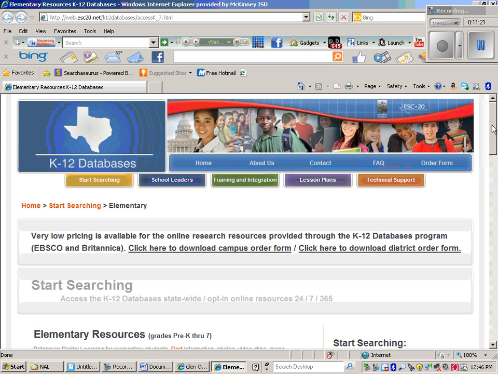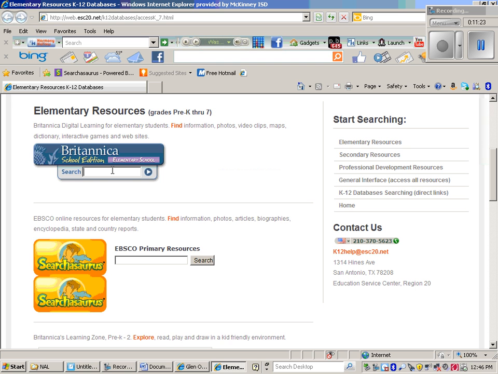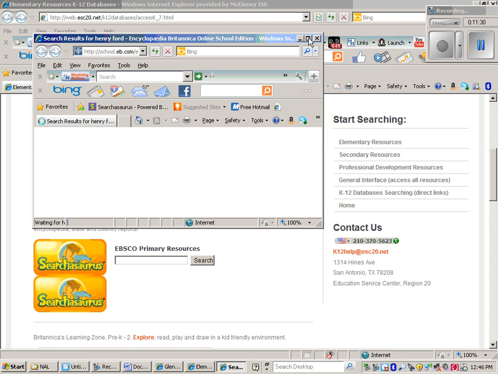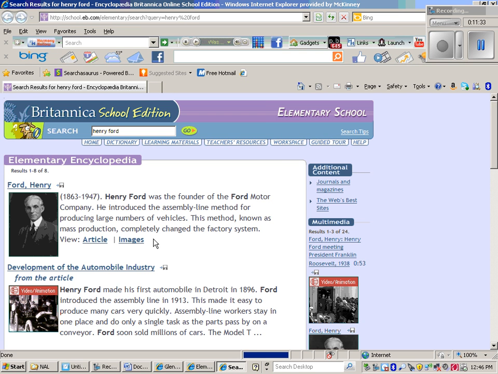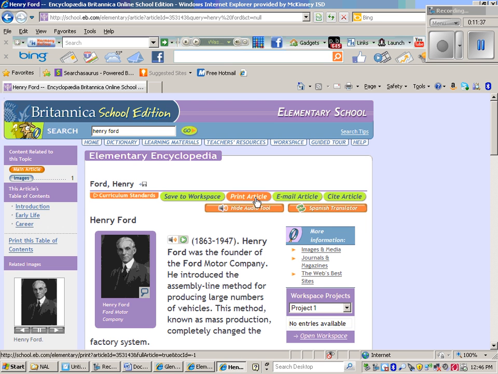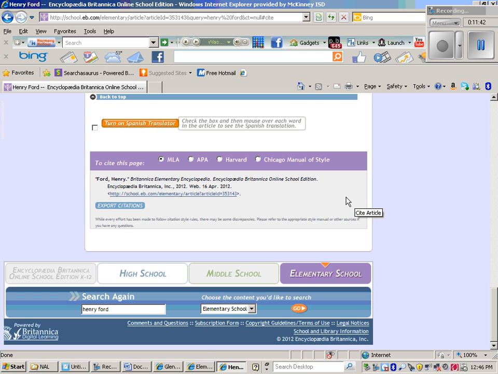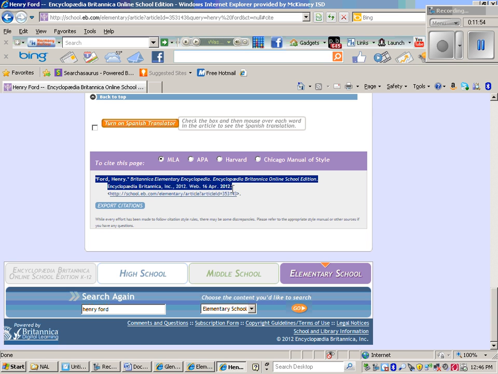Britannica and EBSCO do exactly the same thing. So I will show you in Britannica. If I look up Henry Ford, when you click in the article right over here, this last little circle I didn't show you earlier says Cite Article. If you click on that, it brings you right down here to the citation. You can even change the format, but we're using MLA, so all you have to do now is copy it, highlight the whole thing,